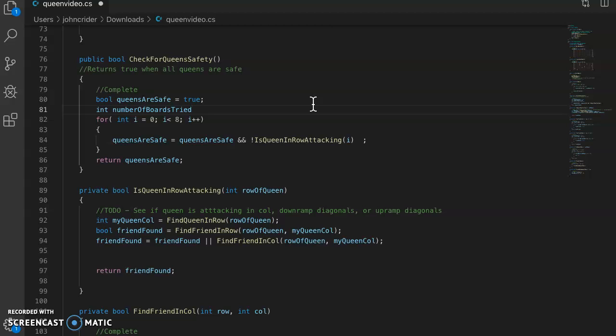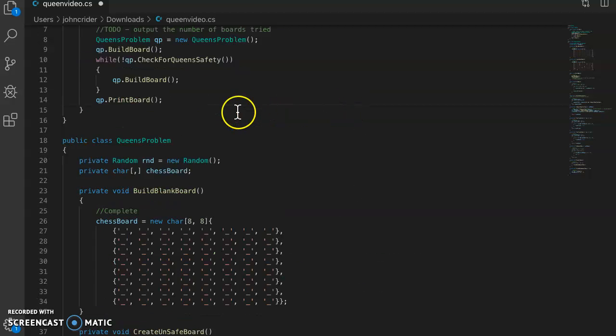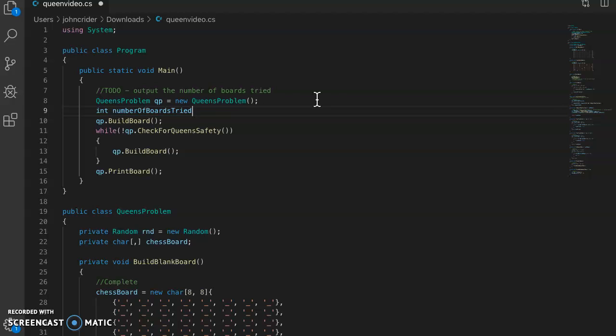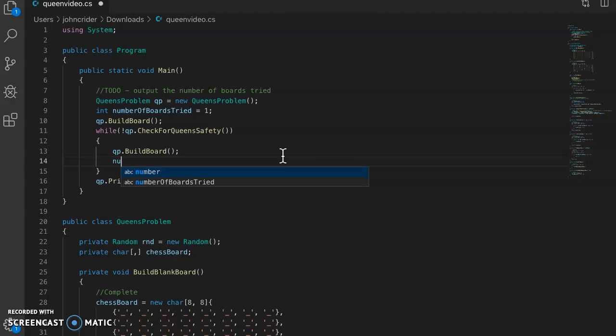I'm in the wrong function. Okay, back to main. Here we are. Number of boards tried equals 1, right? So that's this build board right here. And then when we're in the loop, we can say number of boards tried plus plus. And then after we print the board,